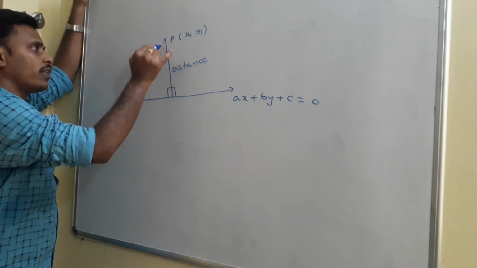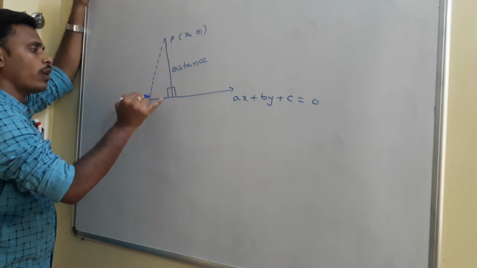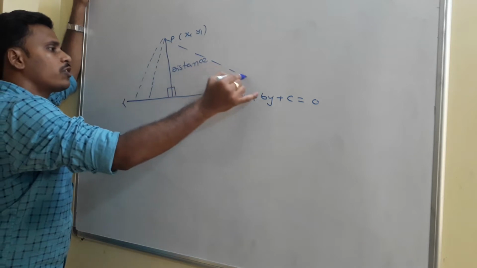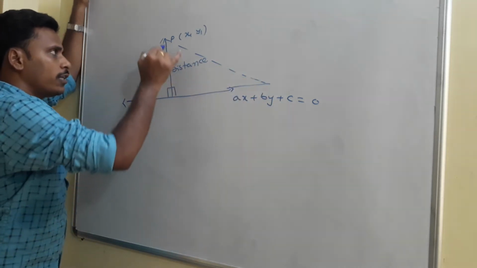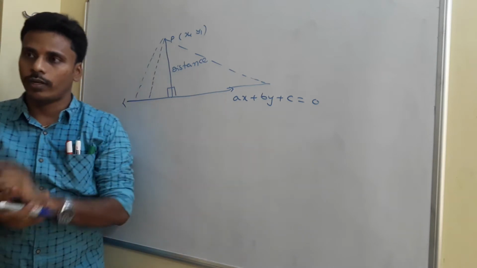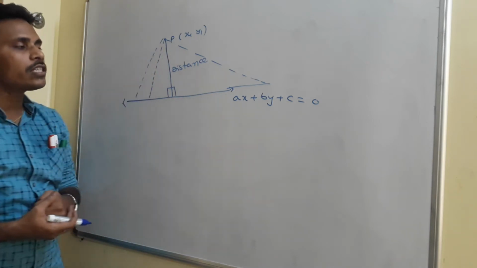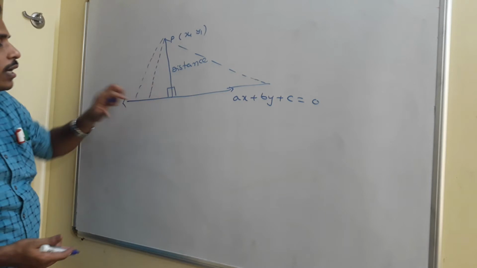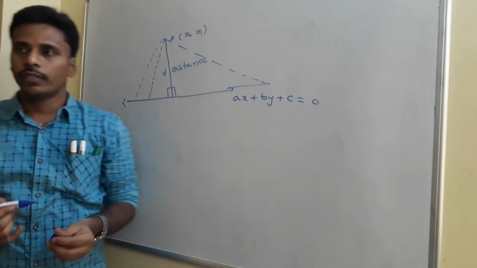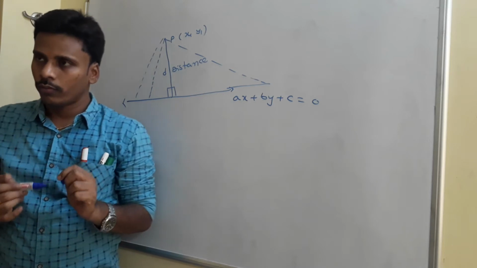Actually, there are many other ways to reach the line from the point, okay? There are some slant ways also. But among all those ways to reach the line from the point, this perpendicular way is the shortest one. Since the perpendicular way is the shortest, we need to consider this as the distance from a point to a line. That's what I need to find right now, right?